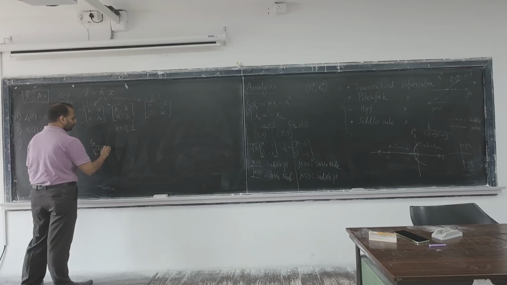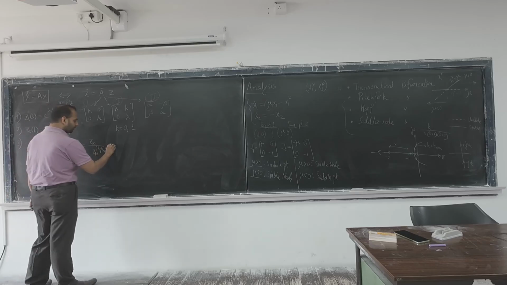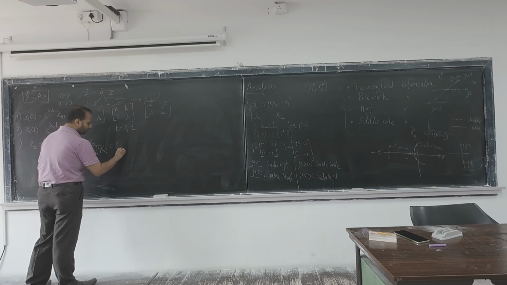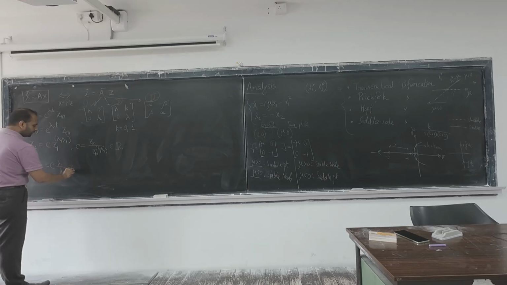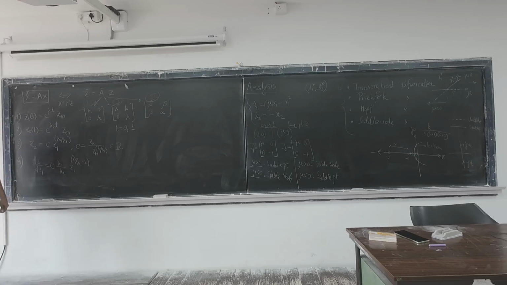That is, this must exist, right? I am writing it belongs to R. And then what about the slope? dz2/dz1, that is C into lambda 2 by lambda 1, then z1 to the power lambda 2 by lambda 1 minus 1, isn't it? All this for